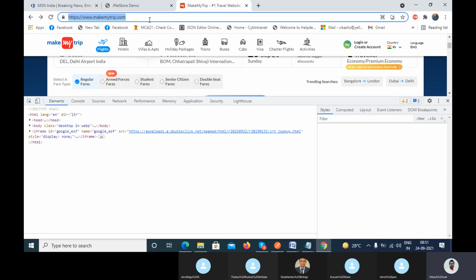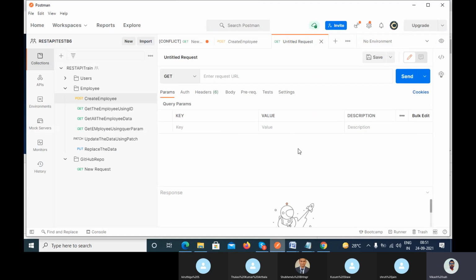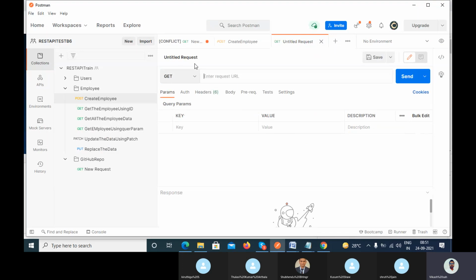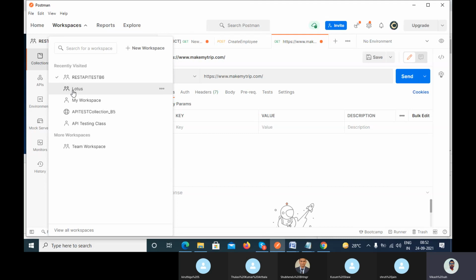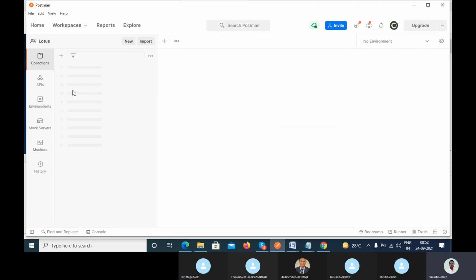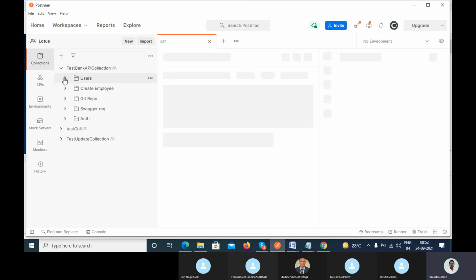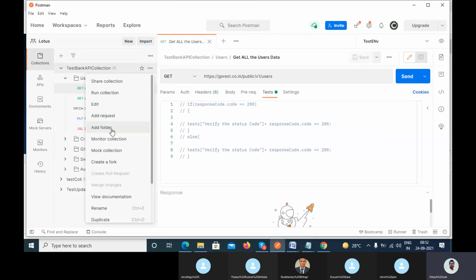Let's suppose in the backend, to get the dashboard page, this particular page, we have this service URL you are using, right? The first call. Let me add here one collection folder.